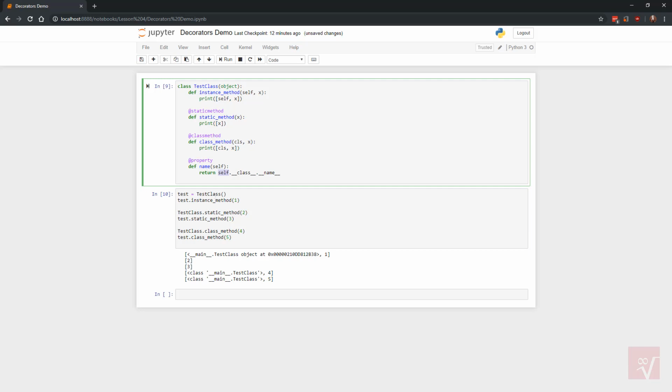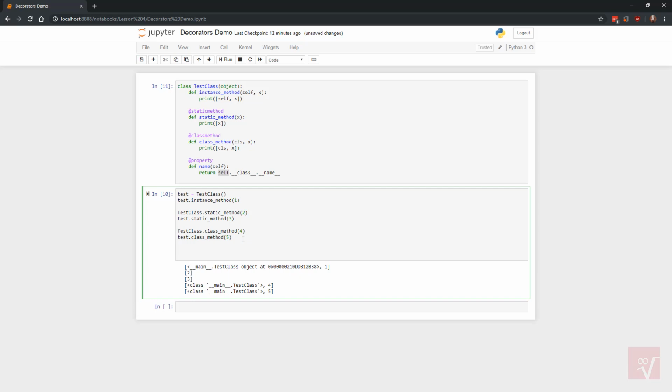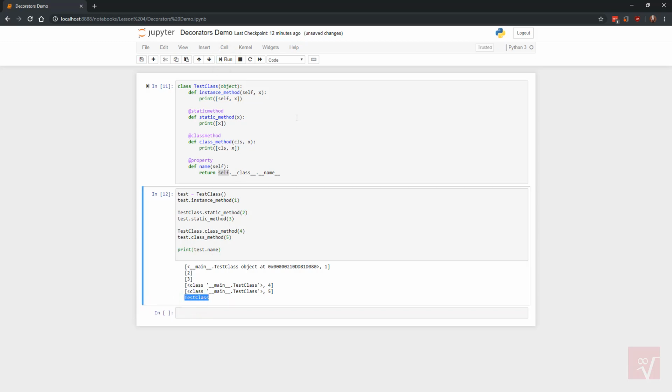This one must be run on an instance, not the class name. So I'll have to say print test.name, and now it's going to return the name of our class, which is test class. That's what this name is. If I got rid of the .name, you'll see something familiar. It's just going to be the class main test classes, which is what we were seeing before with this CLS